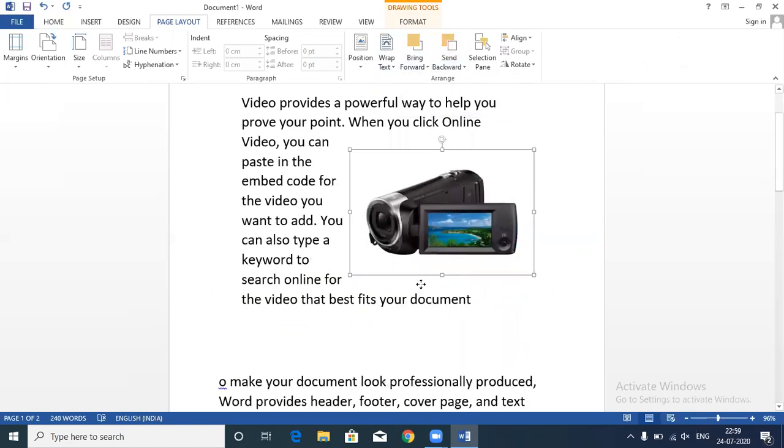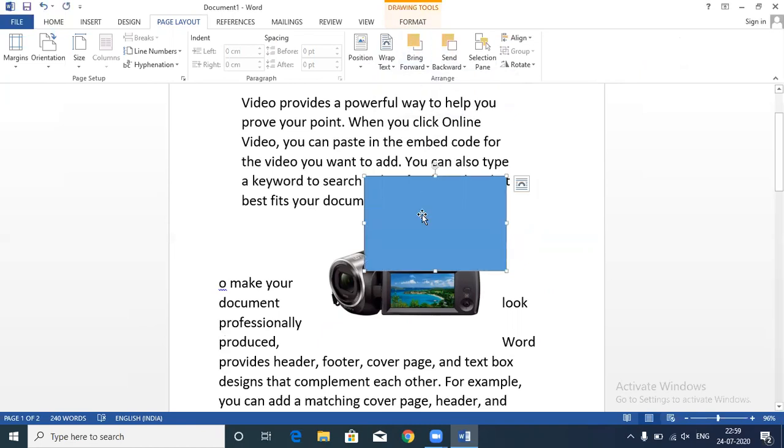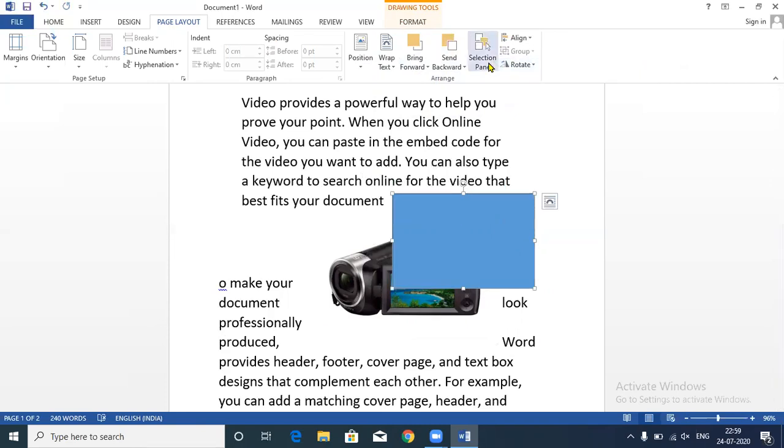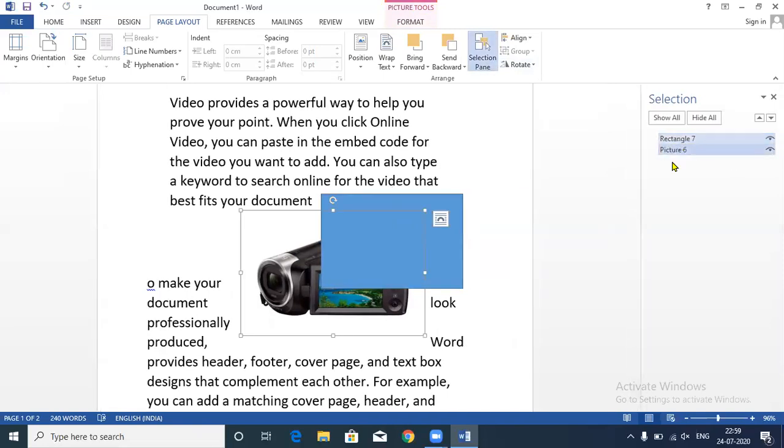Now it is on the back side of the picture. If you want to bring it forward, you can select the picture and click on bring forward. Whichever thing you select, picture or shape, you can bring that forward. Then we have the selection pane option on the side, where you can select a particular thing.